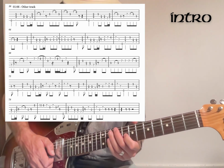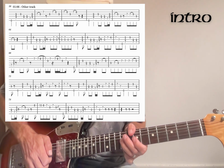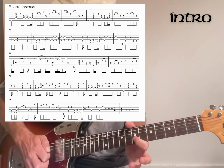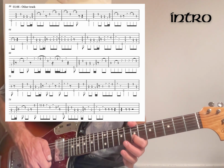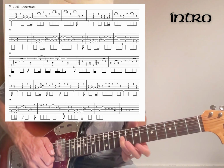Then you get this cool move, which I might have stuffed up in my example, but it's a 7, 9 as a hammer on the G, then I think an open on the D, and then we jump down to the B string with this little move. So it's 8, 10, 8, 7, all on the B, 9 on the G, which I jump to with my third finger,